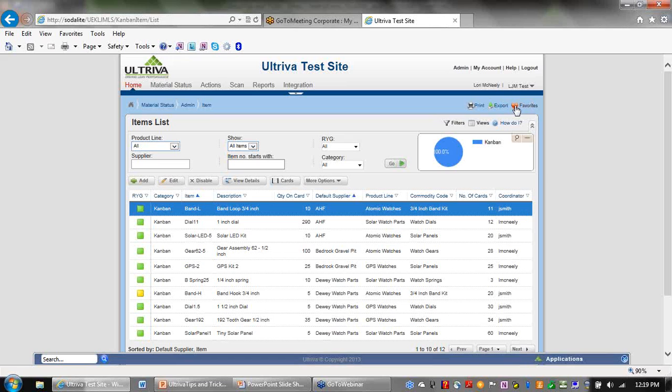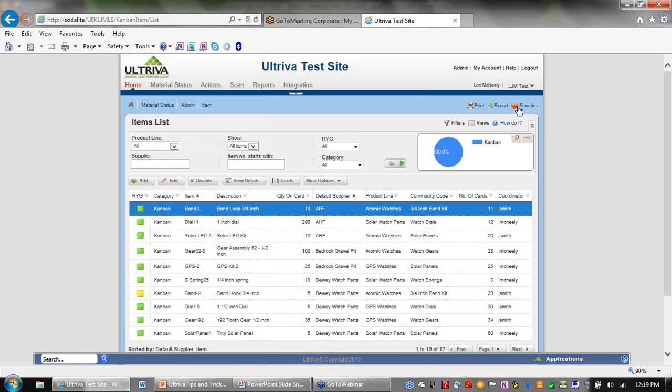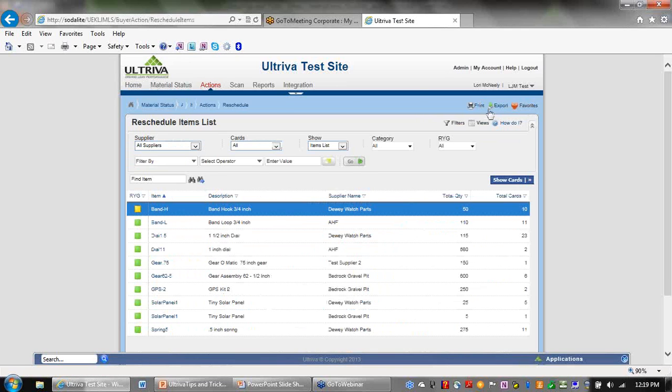What the favorites does, it's very much like your favorites here in Internet Explorer, where you're kind of bookmarking and going to a particular page. You can do that from within Ultriva if you do particular actions a lot. And so maybe you do a lot of reschedule. So once you're on the screen that you want to go to, set up as your favorite, just click it,